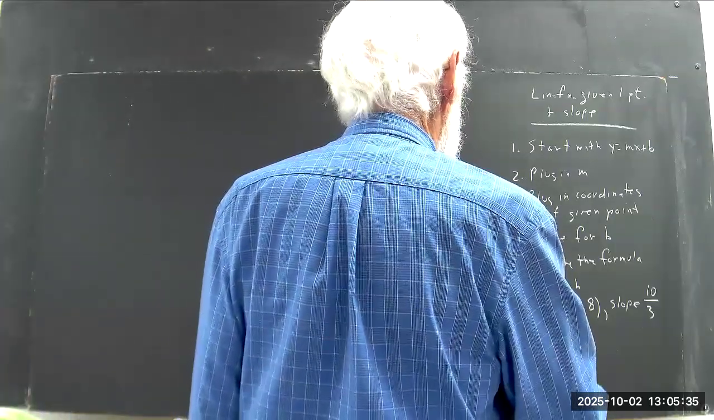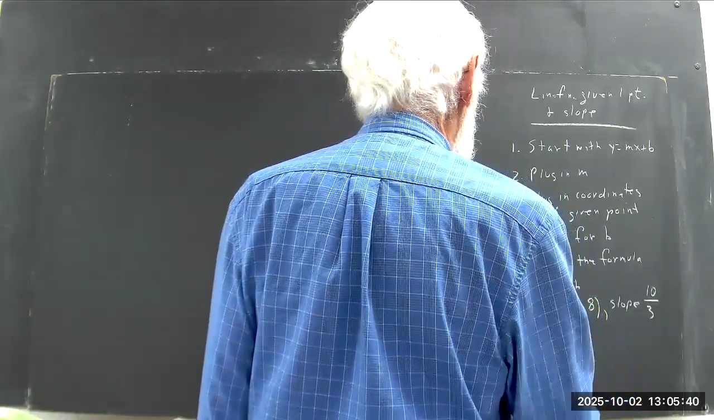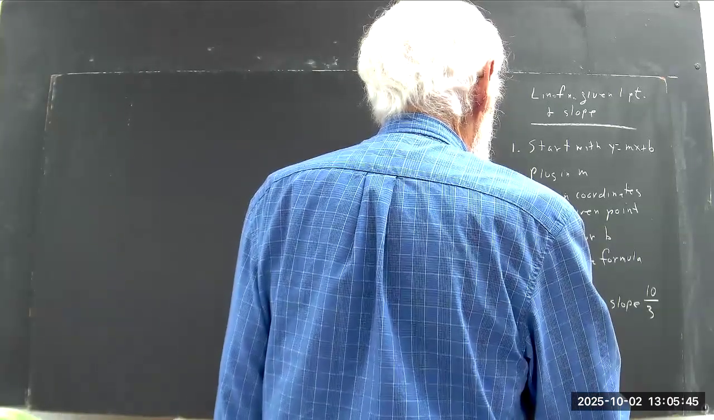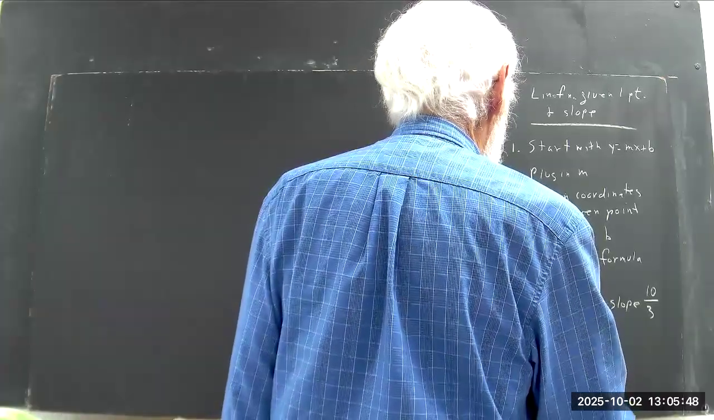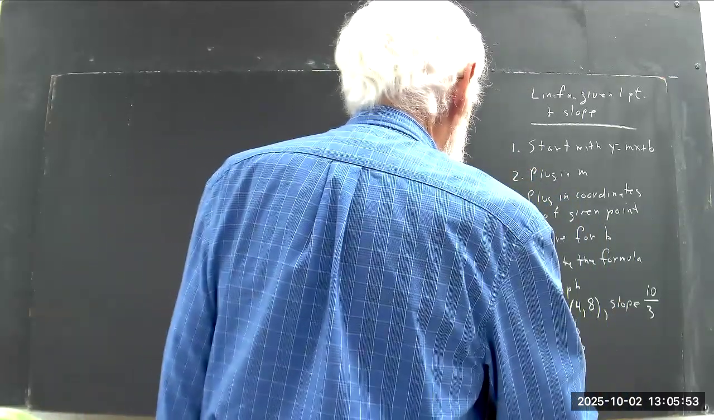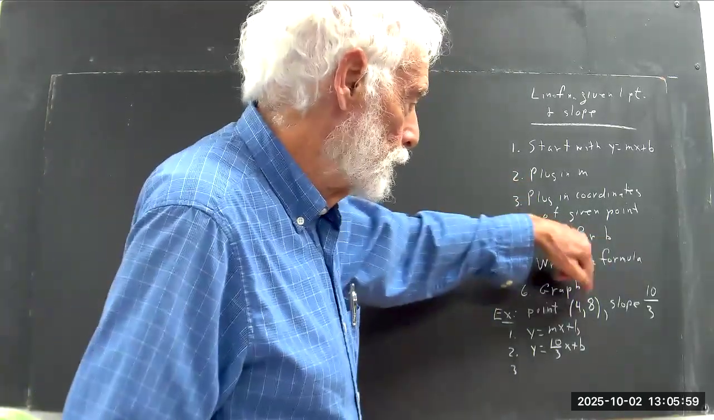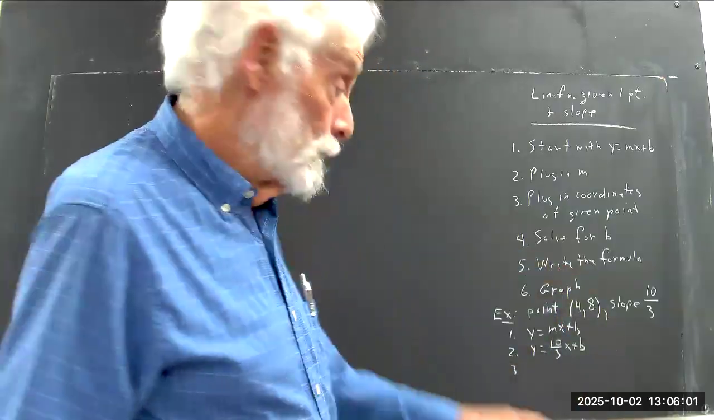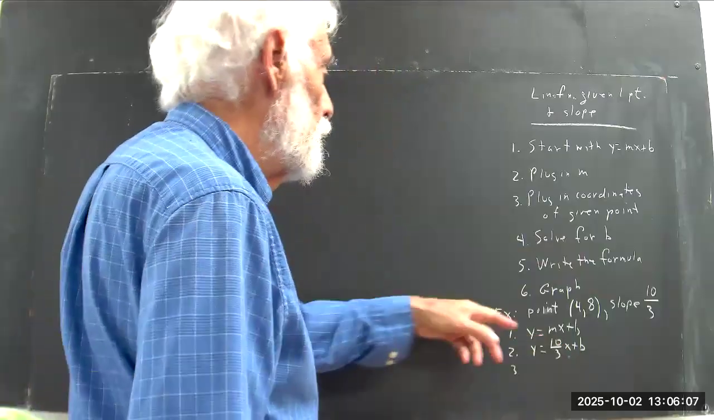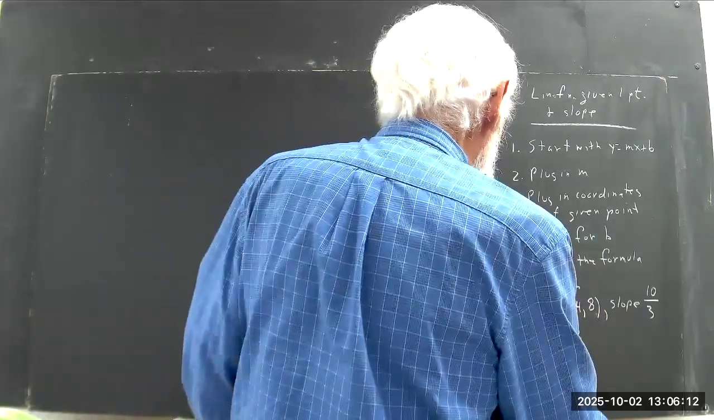So first one, you write out y equals mx plus b. Second step, you plug in m. You write out y equals 10/3 x plus b. Now, third step, and you could actually combine steps 2 and 3, just take all your information here and plug it in. But I'm doing this in 2 steps just to make sure we're okay. 10/3 x plus b. Now we plug in the coordinates of the given point, which are x equals 4 and y equals 8, and we get 8